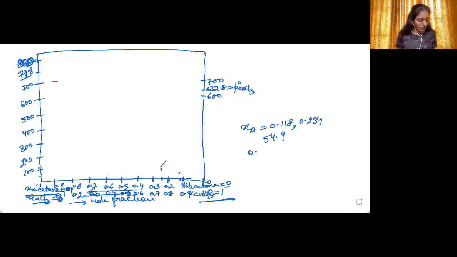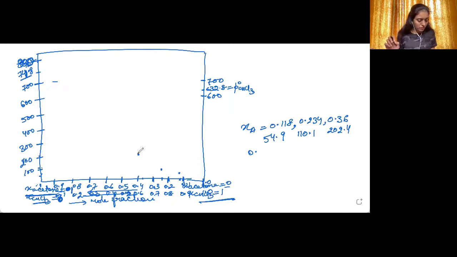Okay. Then next is when the mole fraction is 0.36. The vapor pressure is 202.4. So 202.4 approximately here, and the mole fraction 0.36 approximately here. We can just take it like this. In the bar graph, it will be easier to draw because it is already divided into small boxes.